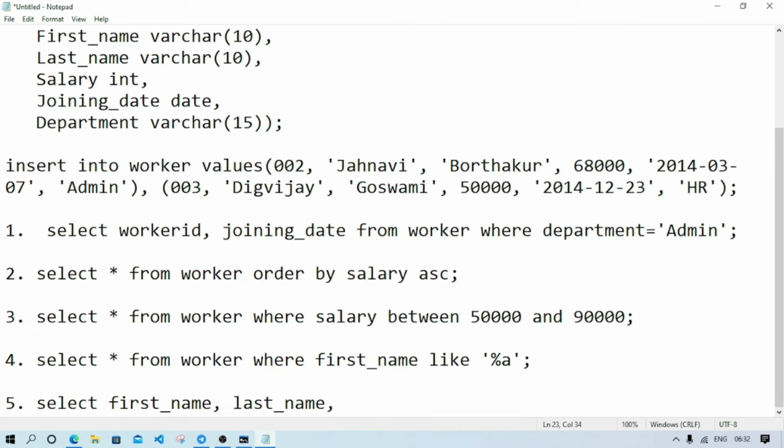Here we will do the calculation salary into 0.01 because 1%, then as within single inverted comma bonus,